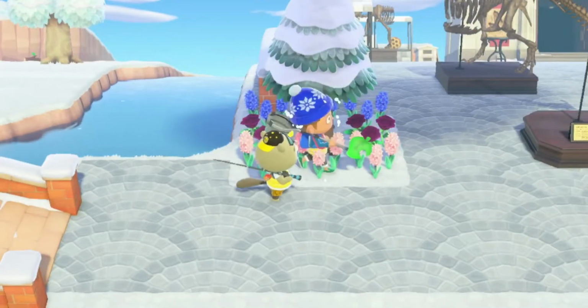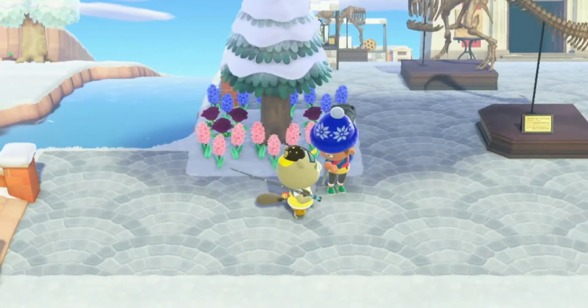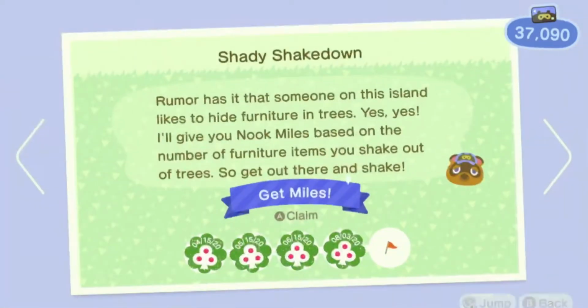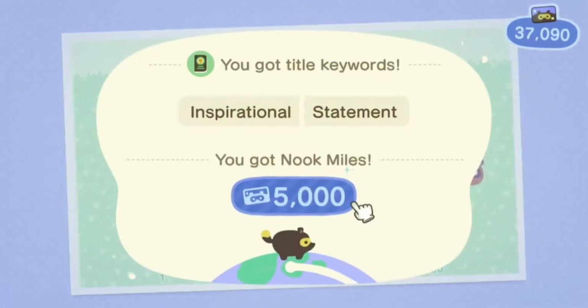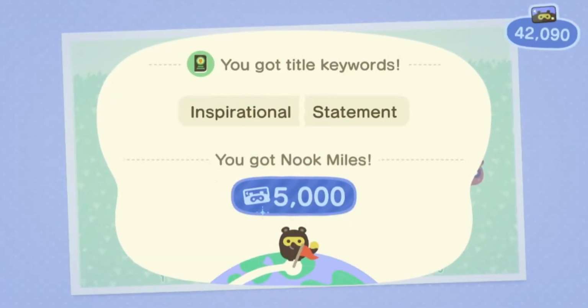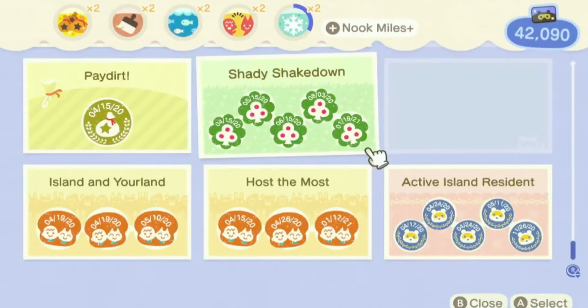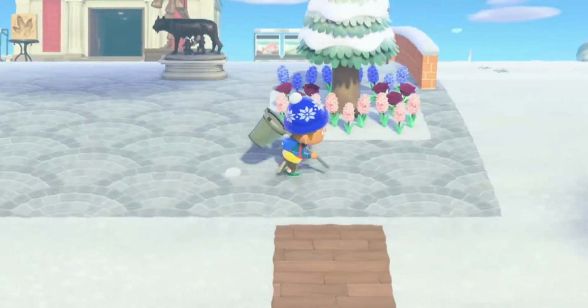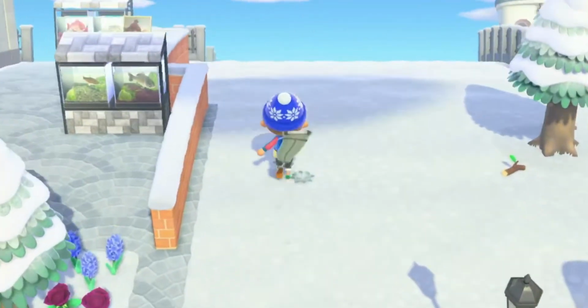I like the wandering NPCs, like Chip, as you can see on screen right now. I like the Nook Miles achievements. They're all pretty nice and quick to get done. Or not. They start off quick and then get harder and harder. But it's still really nice to have an extra currency to do more fun things with. So yeah, let's move on to the